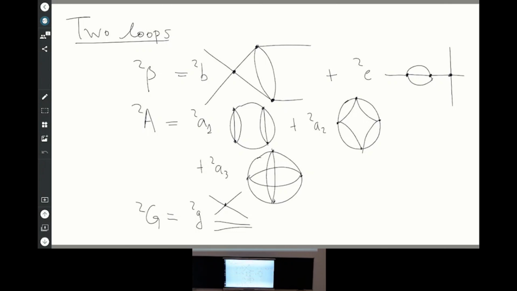Maybe just another comment. Maybe it's a bit controversial, but I don't think you even need to introduce wave function renormalization in, say, phi to the 4, unless you are insisting on computing renormalized correlation functions of phi. You don't need it. You could do the same calculation, just compute only vacuum diagrams, make sure that you subtract divergences there, and then you would get the same beta functions. You can treat it just as a conformal perturbation theory, I think.